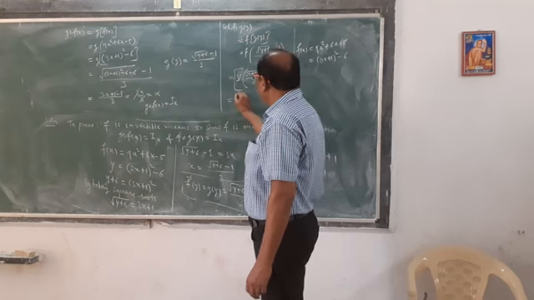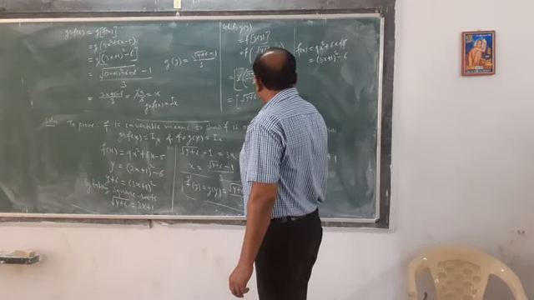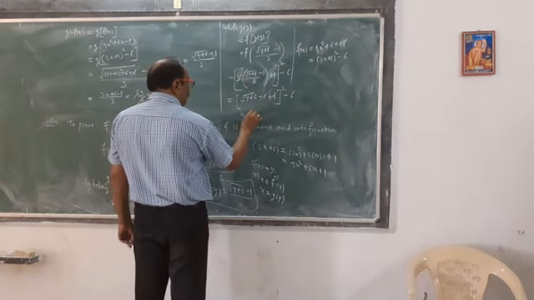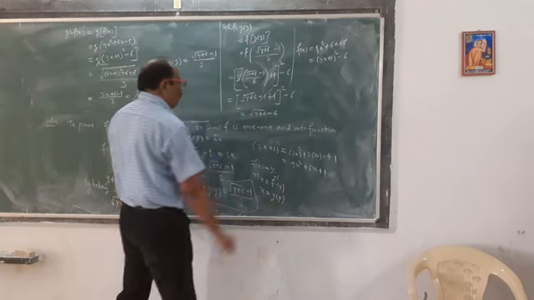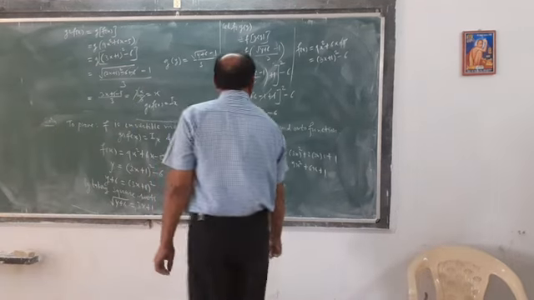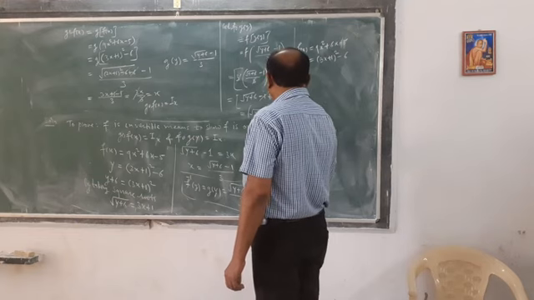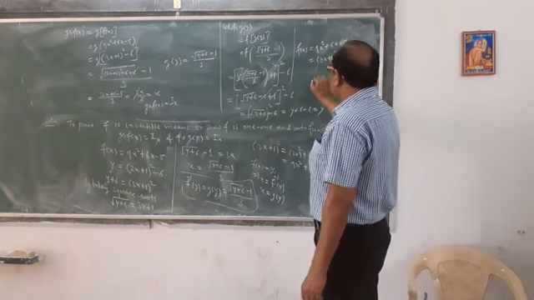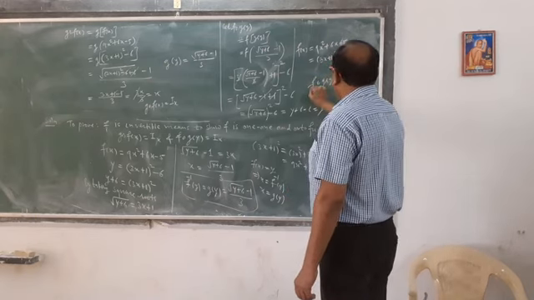Then square root of y plus 6 minus 1, plus 1 whole square minus 6, means again square root of y plus 6 whole square minus 6. That is y plus 6 minus 6, again it is y. Means f circle g of y is equal to the identity, y.